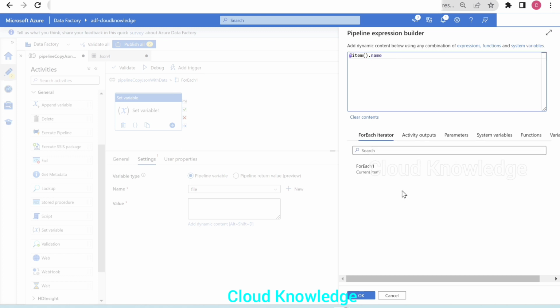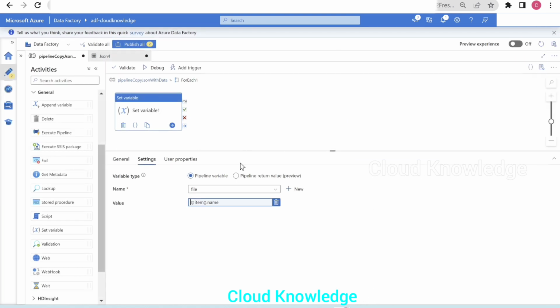So the current item will be denoted in the set variable block. It will be the for each current item dot name, the name of that item. We'll click OK. This is done. We have set the variable for the file name.